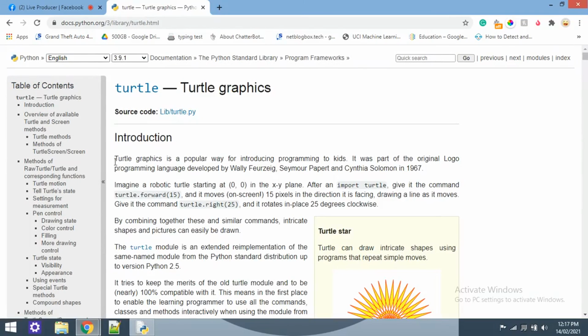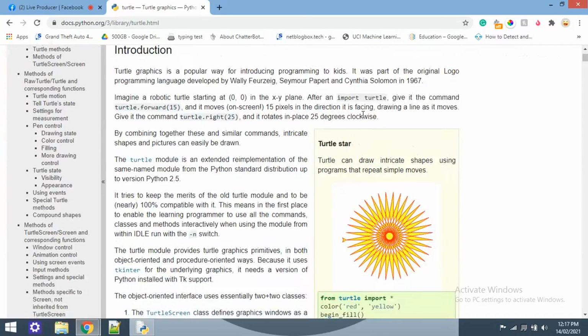Turtle Graphics is a popular way of introducing programming to kids. So this video is completely for kids. Okay, so let's start.